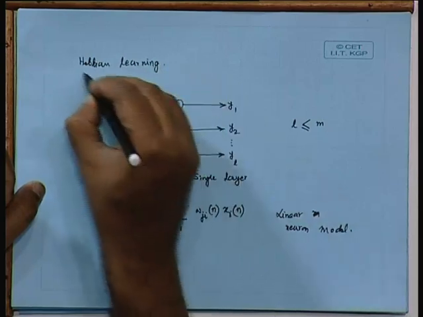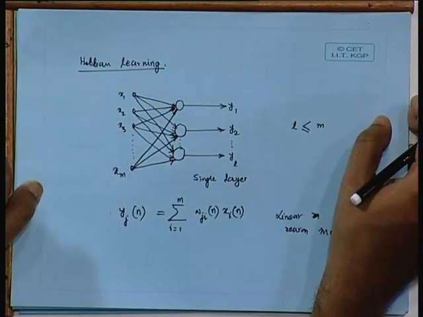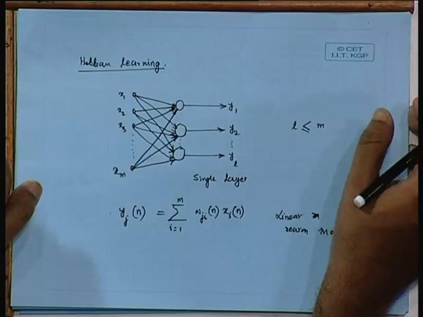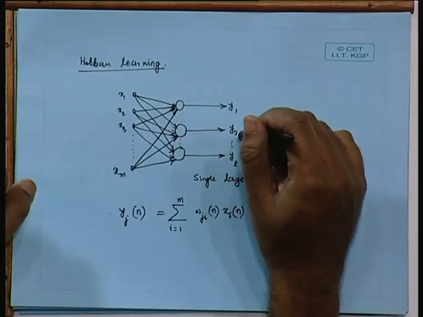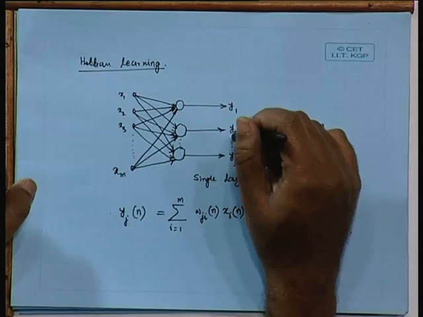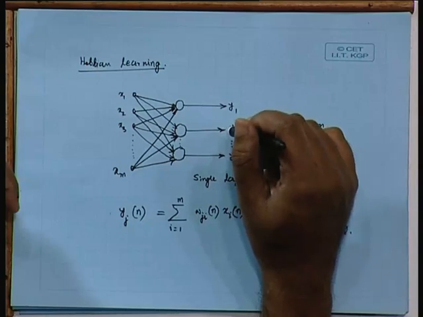Now, in this case what one has to consider is the synaptic weight updating of wji, that means to say that whatever is connected to the jth